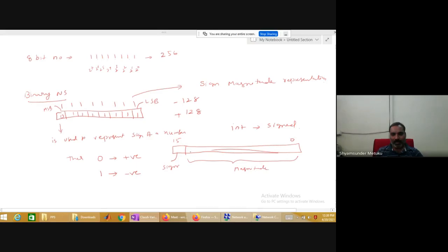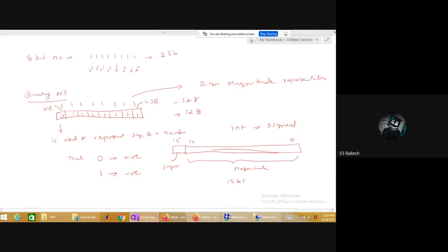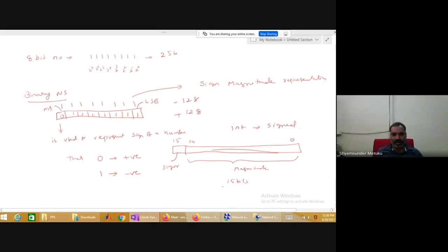So total how many bits? 0 to 14, so 15 bits. And this is sign. Can you tell me the maximum number you can represent using 15 bits? 32,767. Try to remember this. And the minimum number is minus 32,768. Is it clear?